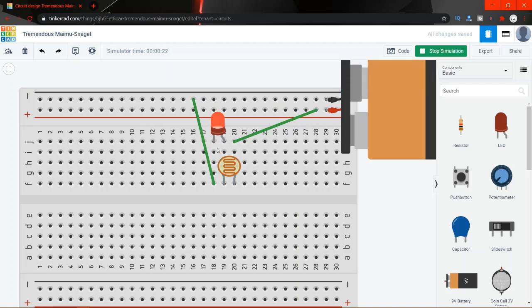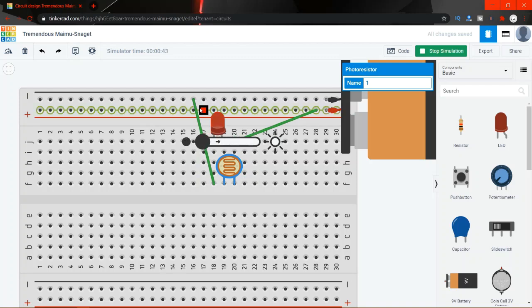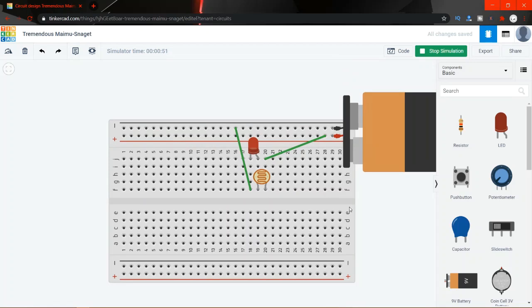That means this photodiode is working as a resistor, also called a variable resistor, that works in the presence of light. As soon as light falls on it, it glows and allows the current to pass. But as soon as we make it a little dark, it stops the current flowing through it and stops the LED from glowing. So this is how an LDR exactly works.